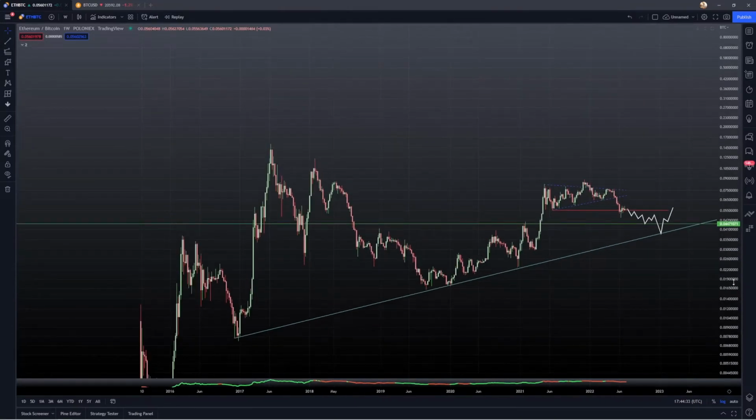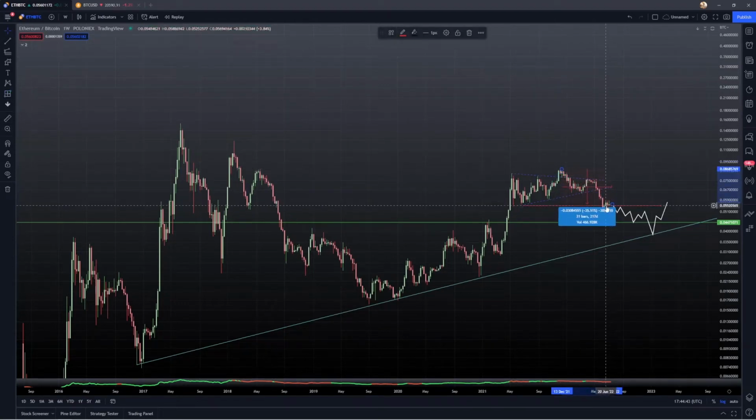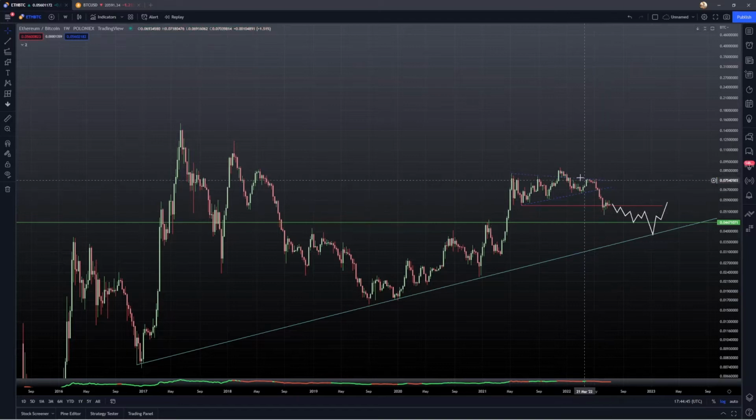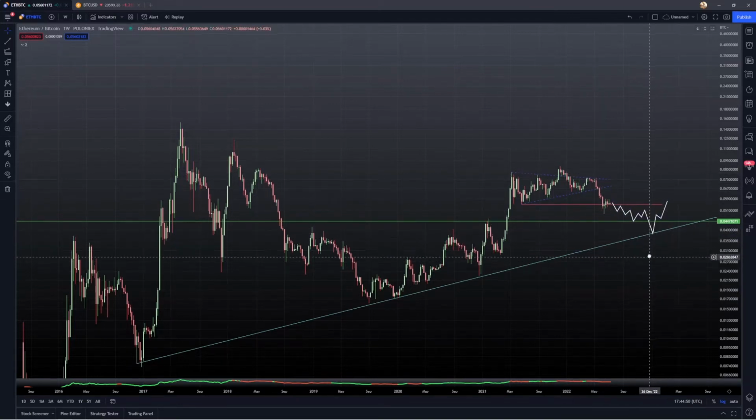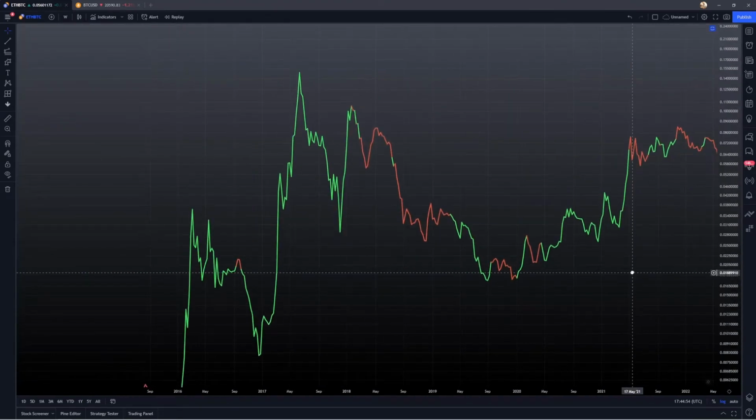Now, I do think that eventually we're going to be seeing a turnaround in this ratio. And again, it's been in a decline, a downtrend since this November 2021 top, which is about 31 weeks so far. My expectation, again, I do think towards the end of this year, we'll see a bottom in the Ethereum Bitcoin ratio. I want to switch over to this custom-made indicator here, which is basically going to be telling us